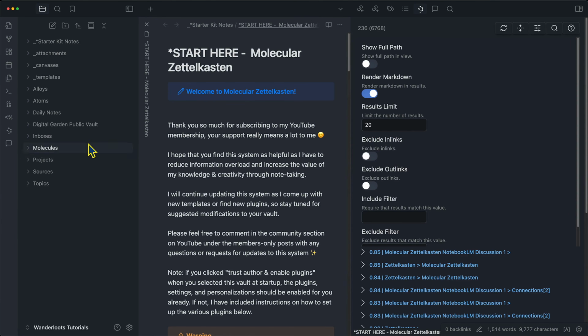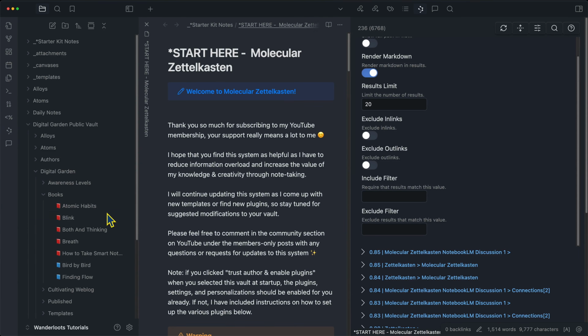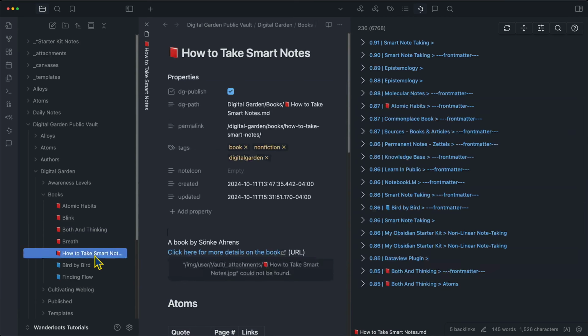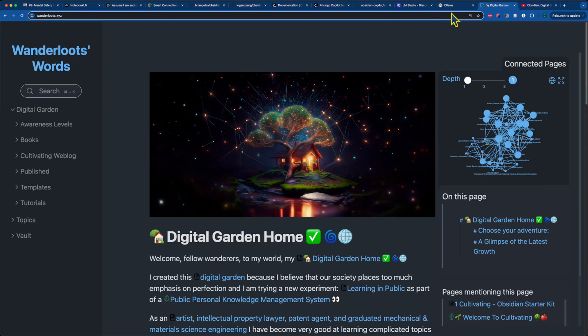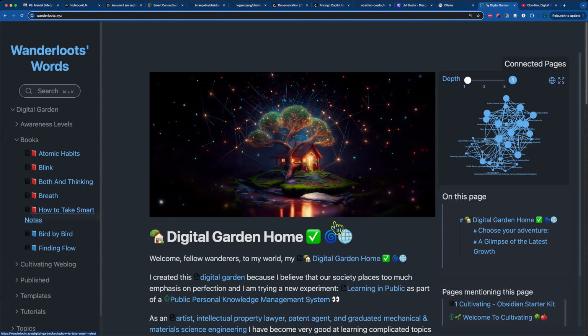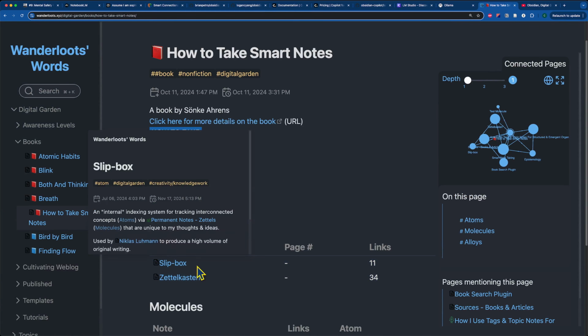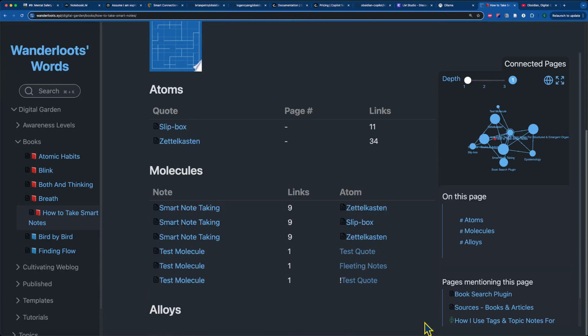So that's pretty cool. Now let's check out a different note for a second. Let's go over to my public vault. Let's find something related to how to take smart notes. So this is a page in my digital garden. You can see if I go over to digital garden, books, how to take smart notes, I have the book here and I have quotes that are related to it within my vault that all link